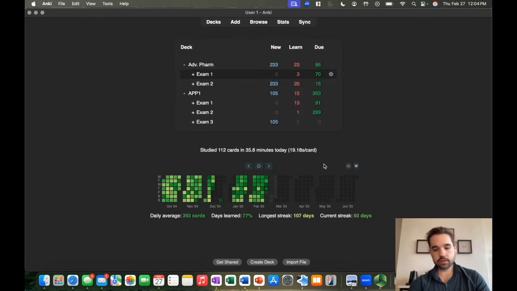And then image occlusions, this is the bulk of what I use. This is where I start. You can upload a slide from class and then draw little shapes over certain things you want to have covered up. And then you'll be presented with a red box over it. Click the space bar after you try and recite what's behind it,